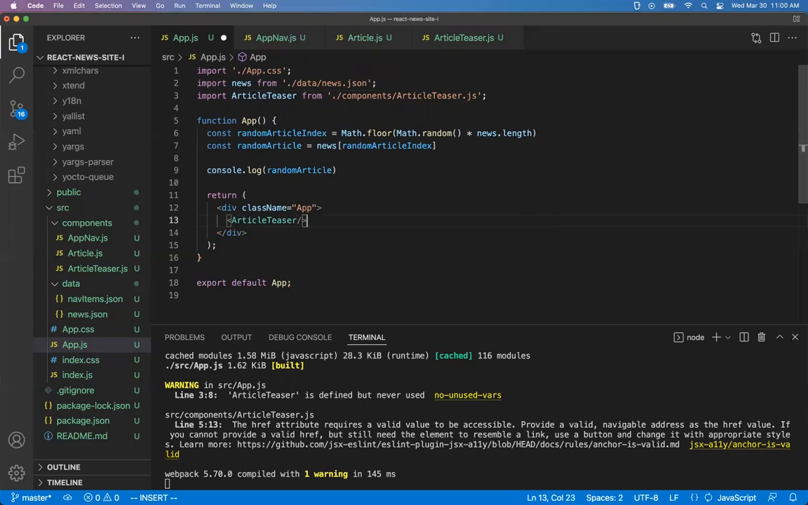So we've got an article teaser. But we're going to need to let the article teaser know which article it's supposed to render. And we have selected an article here, but it wouldn't really be great to just pass this random article directly into the article teaser, because this is just like a random local variable. React doesn't know about it. So if the article changed, the article teaser wouldn't know about that automatically, because this article is not part of